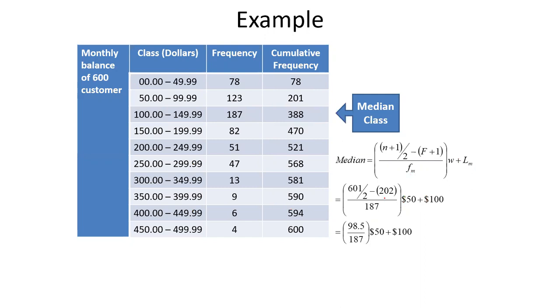So let me write here how we got all these. This is my F, the cumulative frequency before the median class. This is the median class, so before that, the cumulative frequency. This is your FM, the median frequency. It's a small f. Small f is frequency, capital F is cumulative frequency. Okay, and this 100 is your L, the lower limit of the median class. And W is the width. Width is 50. We know that. Got it? Okay, so that's how we get F and FM.